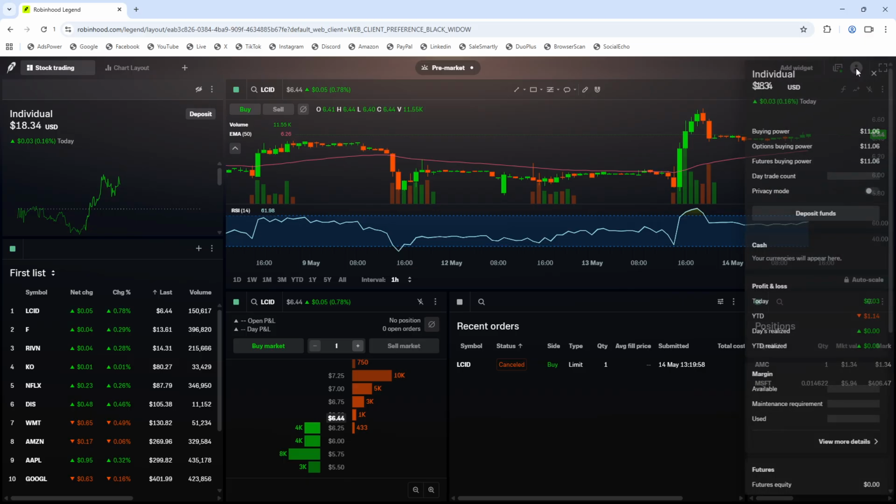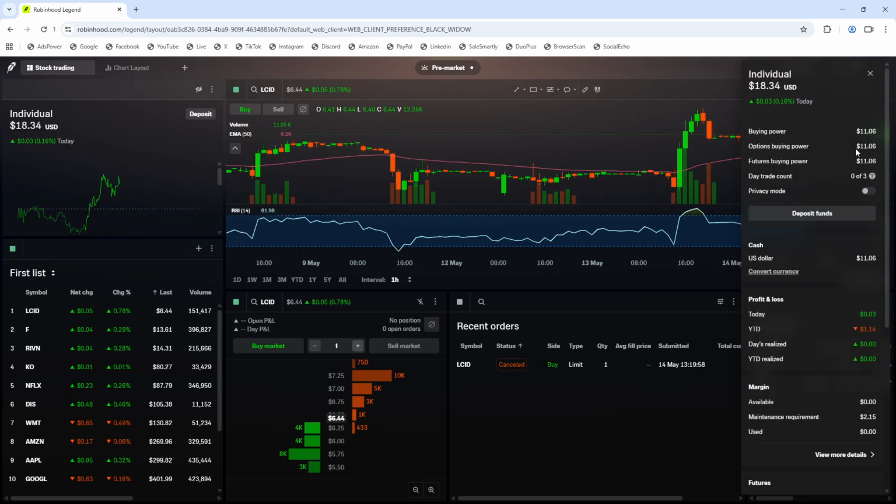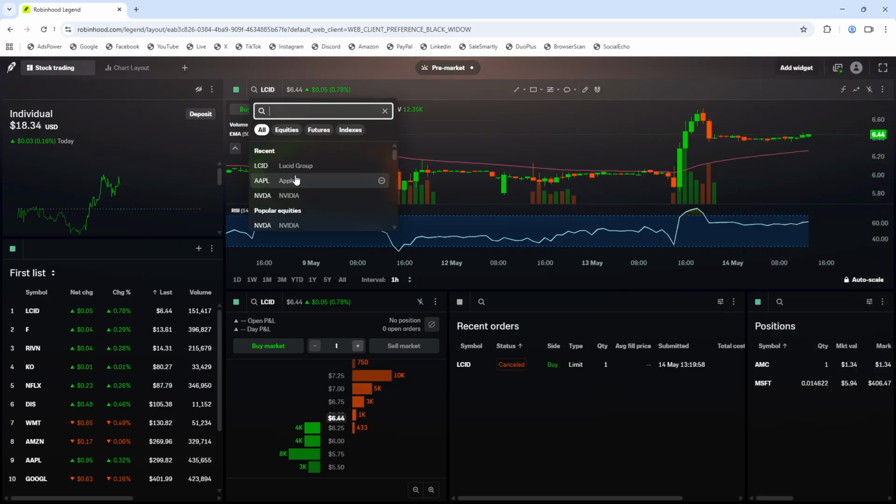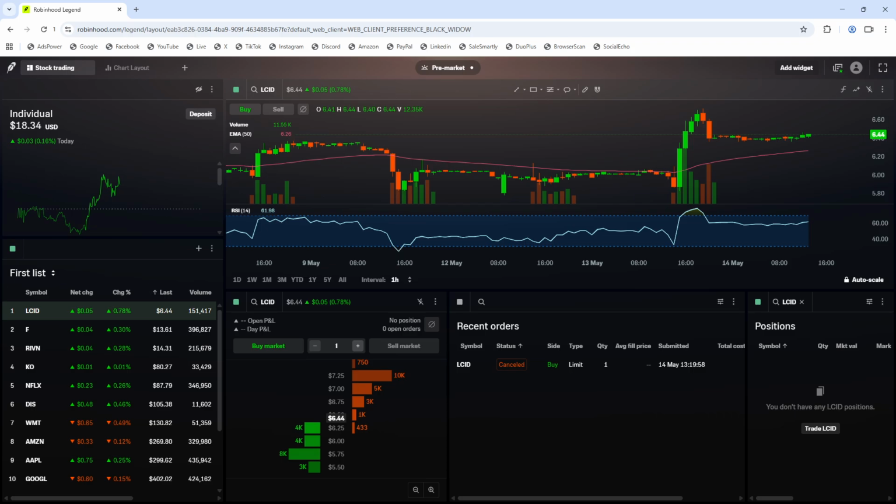purchase. Next, use the search bar to find the stock you want to buy. You can type in the company name or its ticker symbol and the platform will show you relevant results. Select the correct stock to open its dedicated page. Here you will see important details such as the current price, performance chart, and key information about the company. Reviewing this data is helpful because it gives you a clearer understanding of how the stock is performing before you